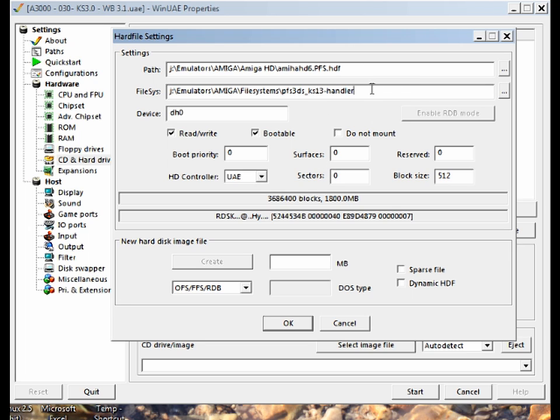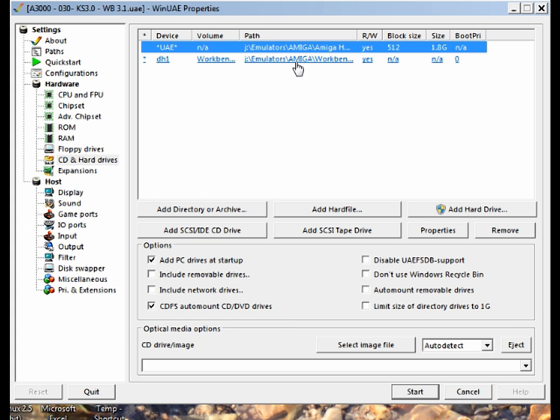It's fully compatible, and because that is PFS3, that will load pretty speedily. That is our DH0. You can see the size there is almost 2 gigabytes, and basically our DH0 is full already. But that's how I've set up yet another PFS3 drive on our WinUAE, and